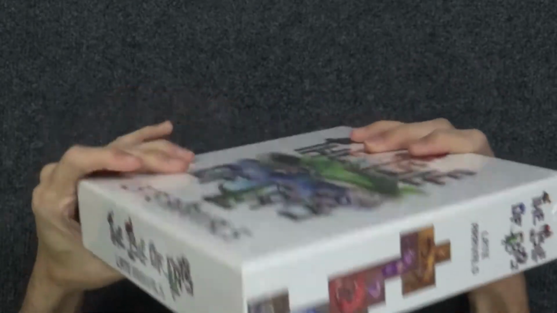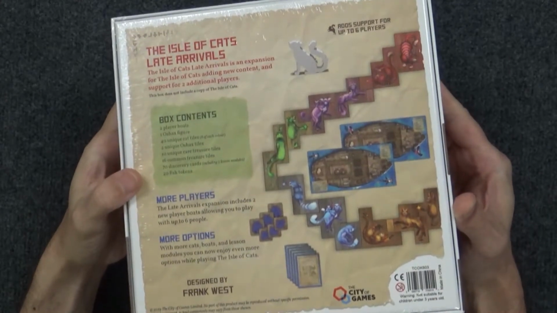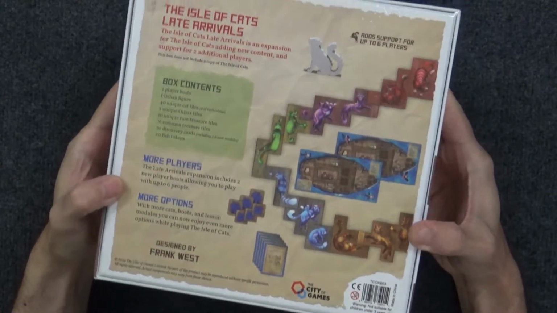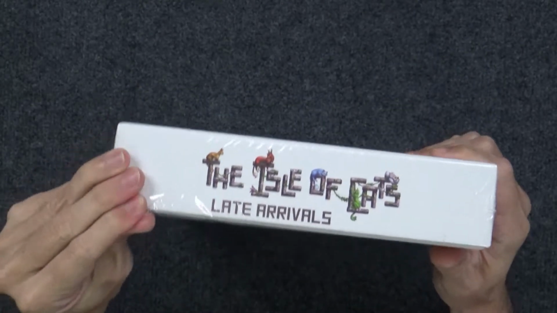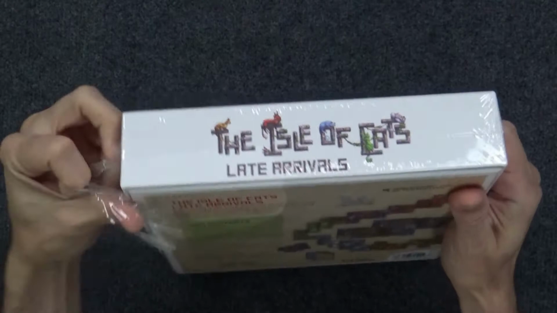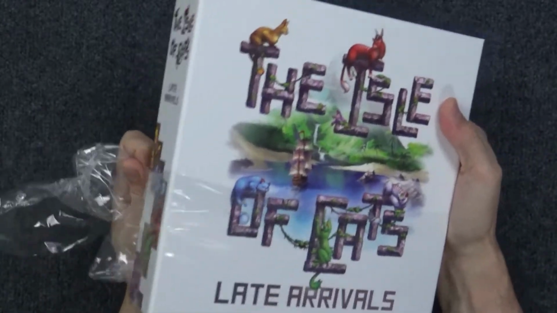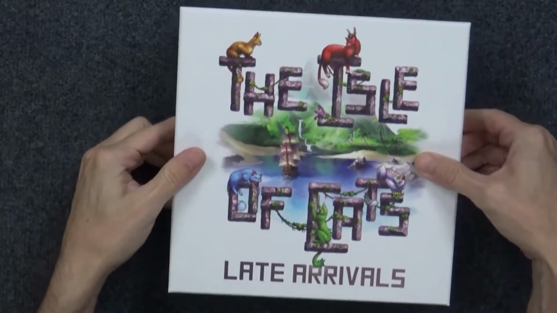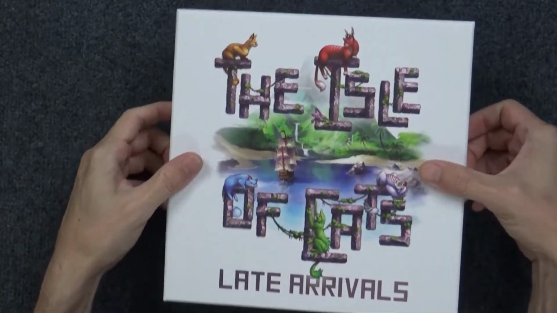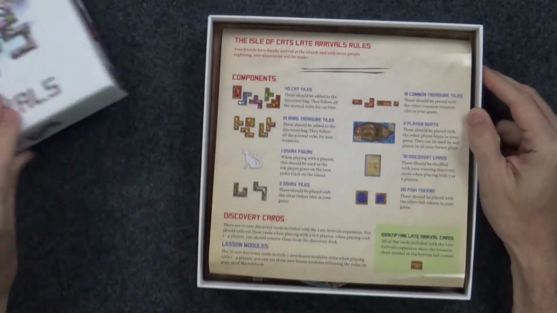So I went ahead and bought them at the same time, and they arrived at different times. I actually got this box first before I got the base game, and I had to wait. So it's nice to have them open. Let's go ahead and check out what is inside. Now, this expansion is basically an expansion to accommodate more players, so a 5th player and a 6th player. I don't know that there are any extra special rules, so let's go ahead and crack it open and